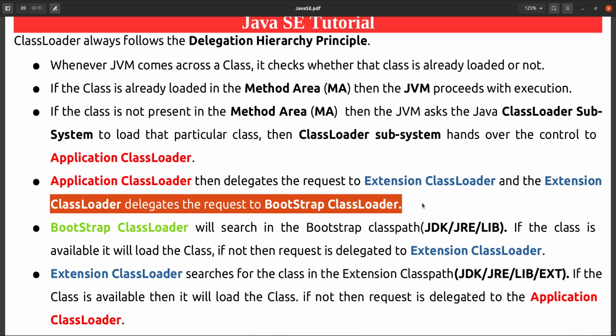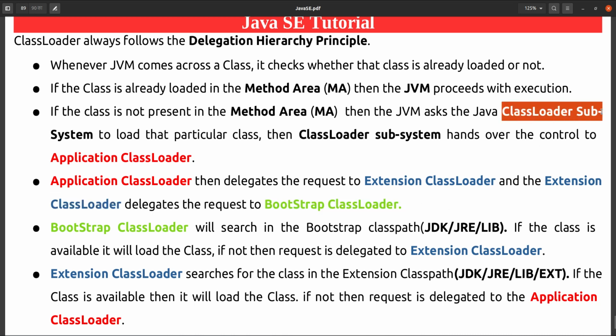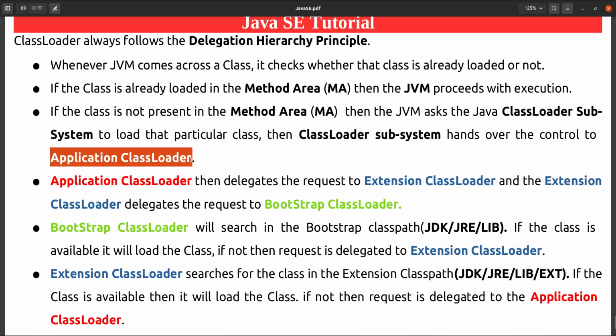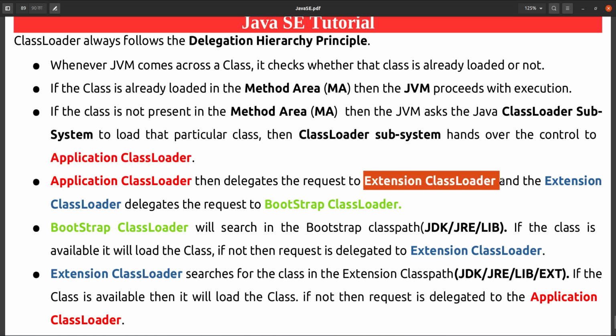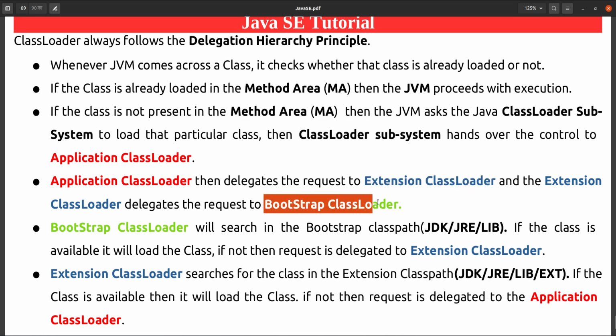If your JVM sees your class is not loaded, it will hand over this job to the class loader subsystem, and the class loader subsystem will hand it over to the application class loader, the application class loader to the extension class loader, and the extension class loader to the bootstrap class loader.